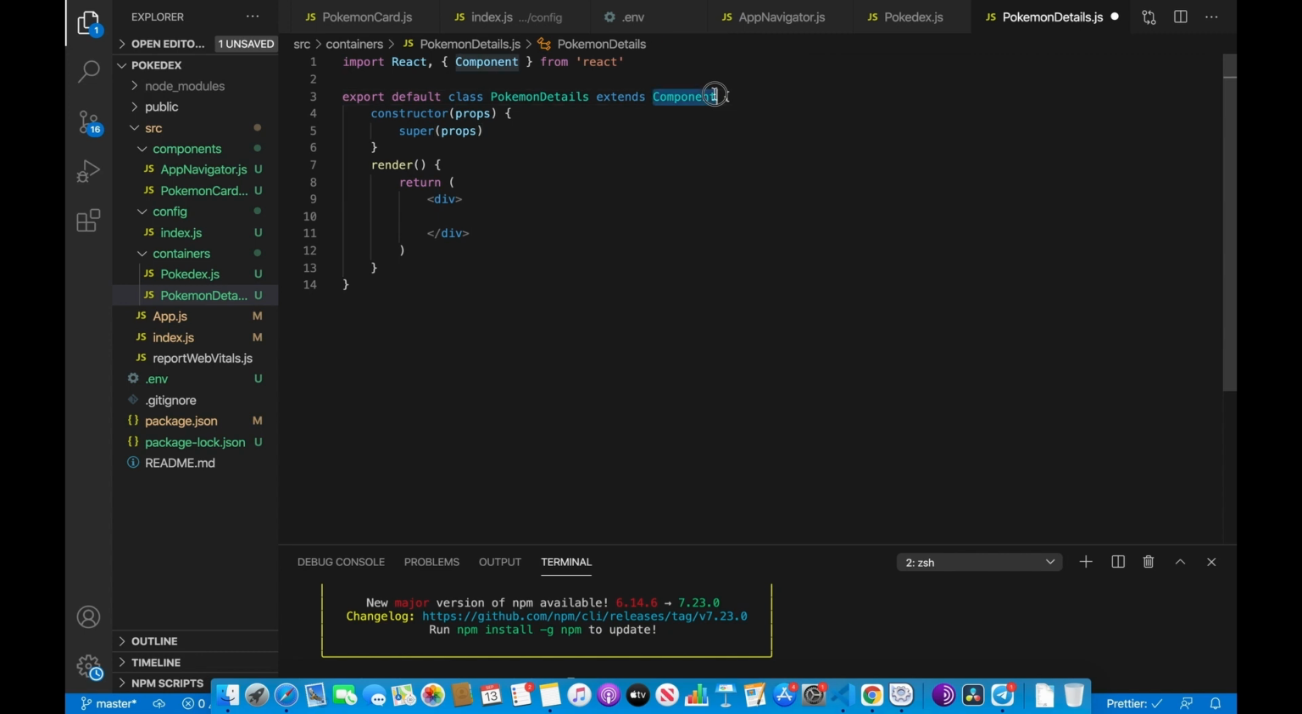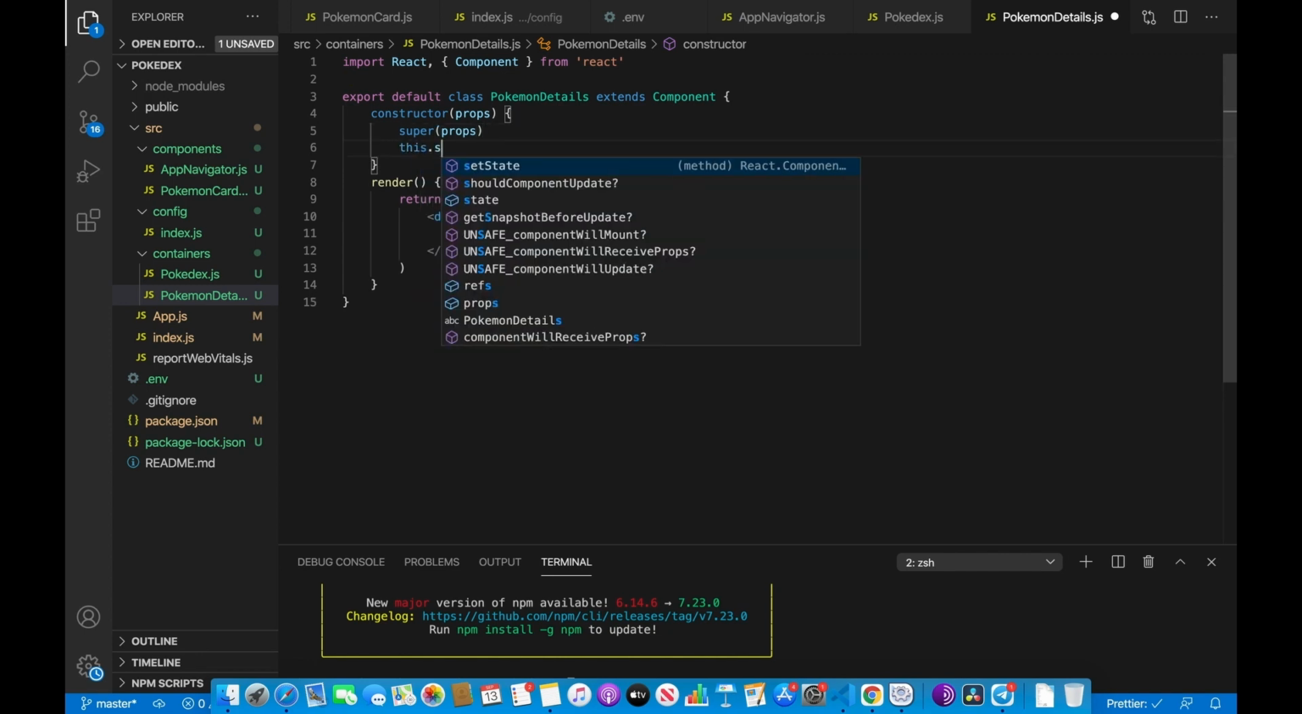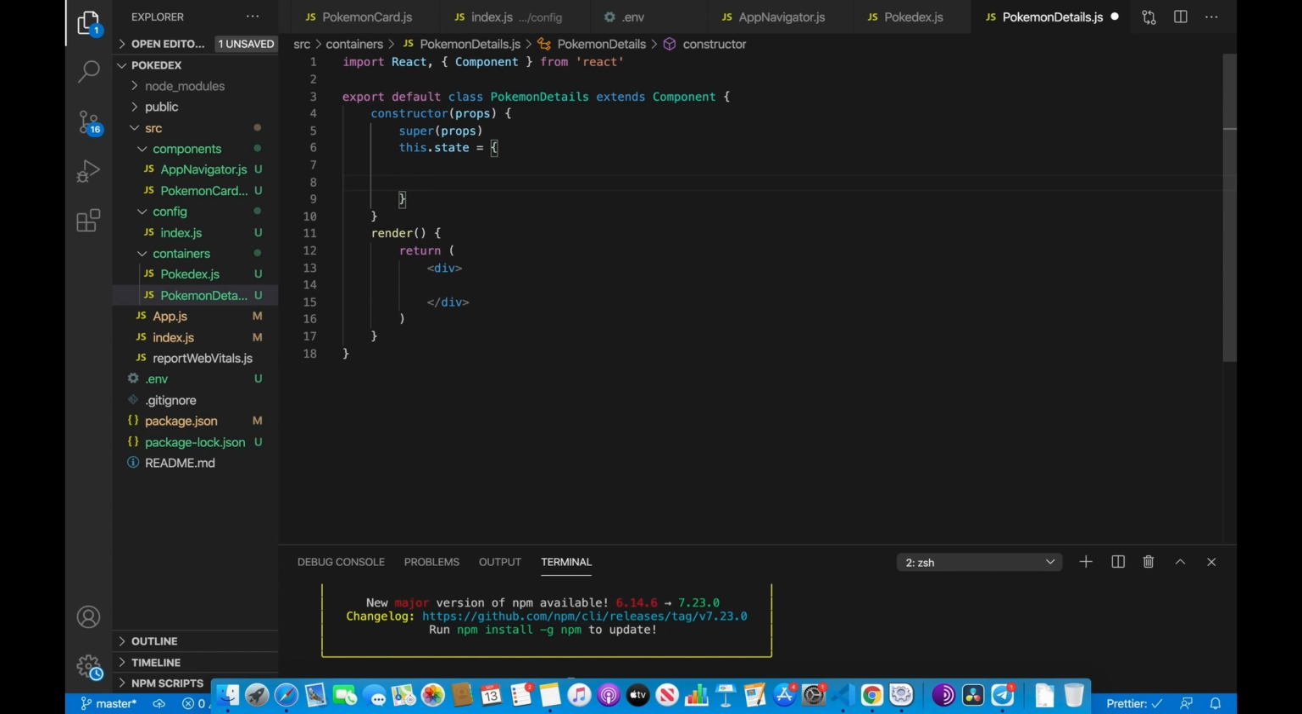So as you can see, we have extends Component, so the props that we're going to receive, we're going to send over to super as well. Now we can do our state. We can do this.state is equal to the object, which is Pokemon. We're only going to have one property for the state, and it's going to be Pokemon. This Pokemon is going to hold the Pokemon in details,